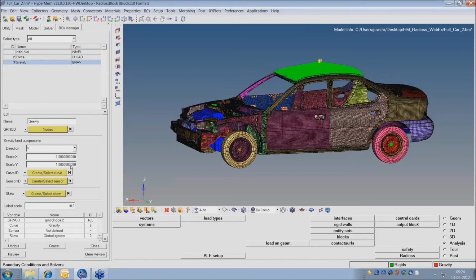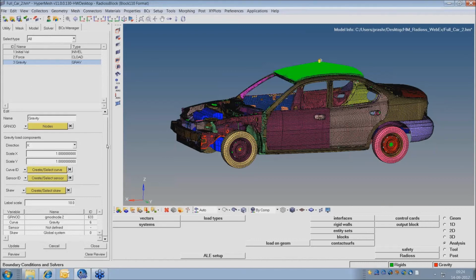While applying the gravity load, I didn't select the direction. So now the gravity is applied along x direction, which is not the case. So I'll update this. Thereby you can also see how I can update the applied load. I selected the gravity. I will change the direction to z, and it has to be negative z. So it is minus, and I'll say update.